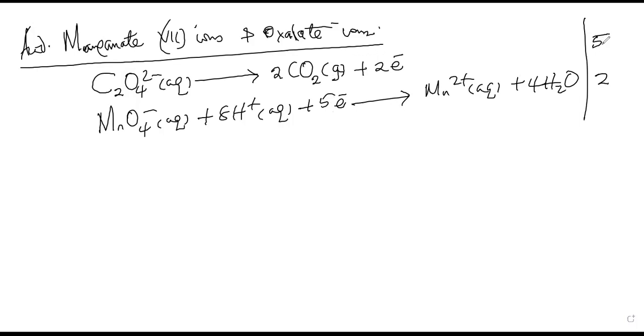So your equation will be 5 oxalate ions plus, because these are all reactants, 2 manganate 7 ions, then plus 16 hydrogen ions,